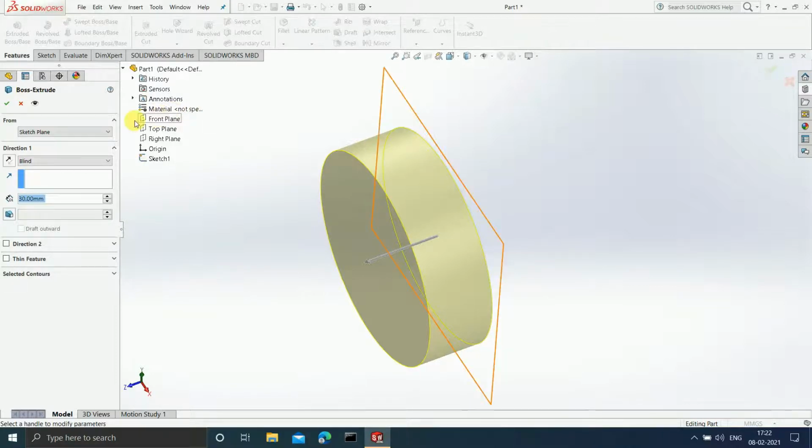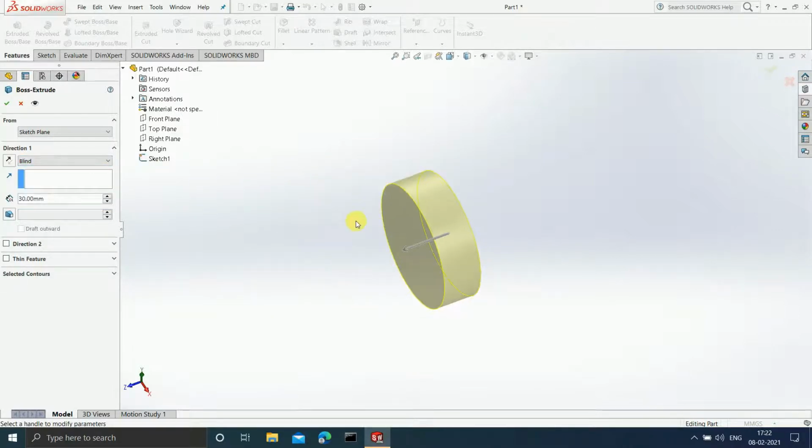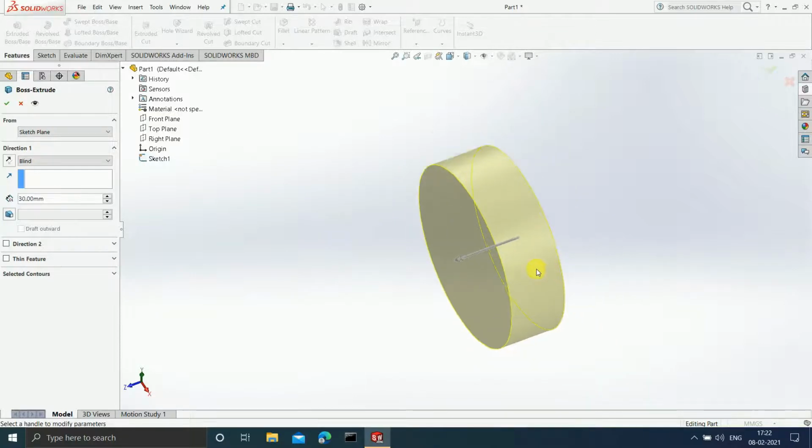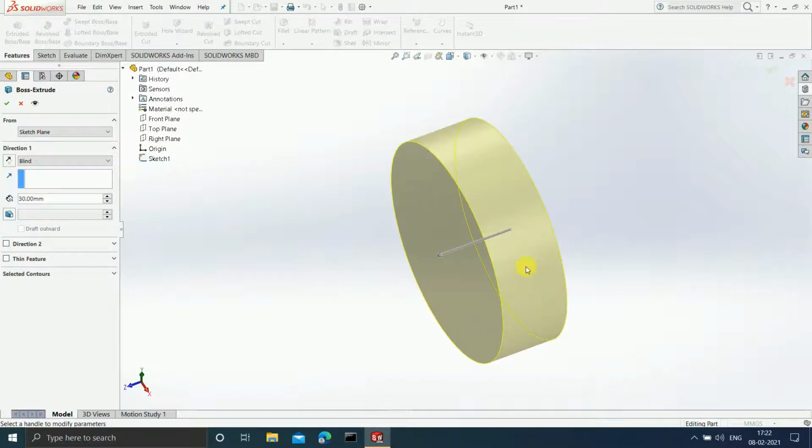Okay. So guys, I hope that you have understood the sketch plane, you have understood the offset, and from the direction point you have understood the blind and you have understood the mid plane. Now to explain you all the other different options available, I must have another sketch. So I will quickly draw another sketch, and with the help of that I will explain you all.